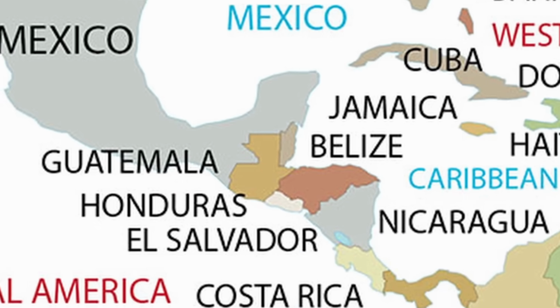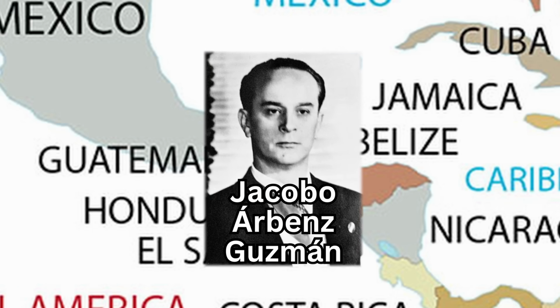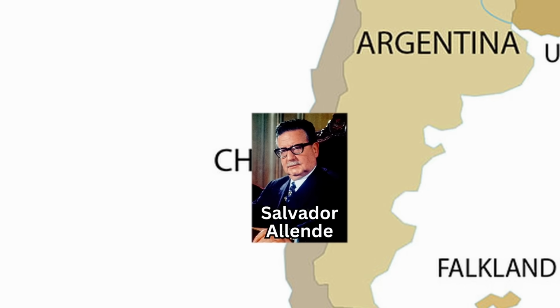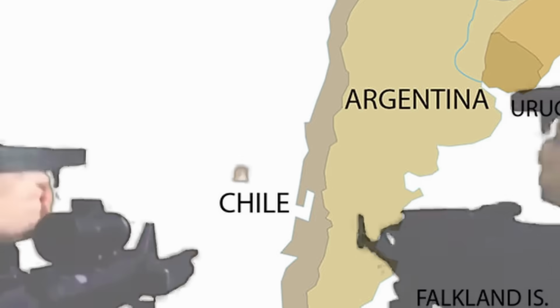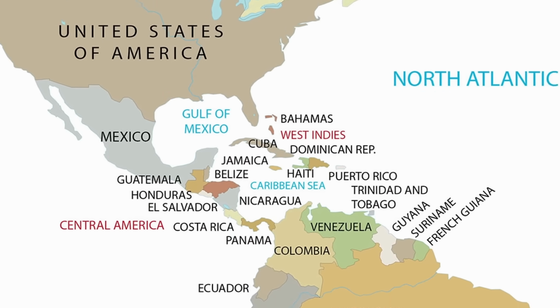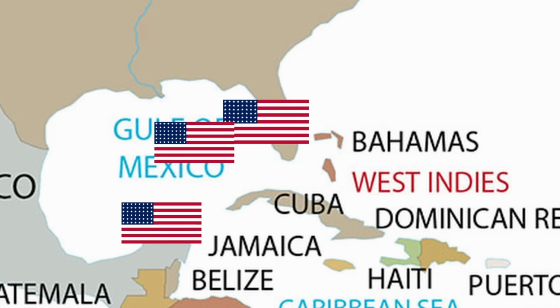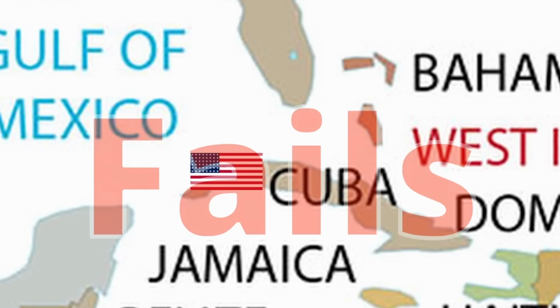So over in Guatemala, the US sees a leader who makes controversial, potentially communist influence, land reforms. So the CIA helps overthrow him. Over in Chile, a socialist democracy is made with another democratically elected guy, and so the US supported his coup d'etat. But it's not all sunshine and rainbows. Cuba was a country directly aligned with the Soviet Union, so the US decides to launch an invasion known as the Bay of Pigs. And through a lot of reasons, it completely fails.